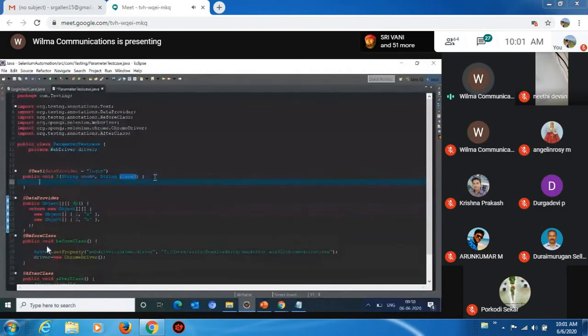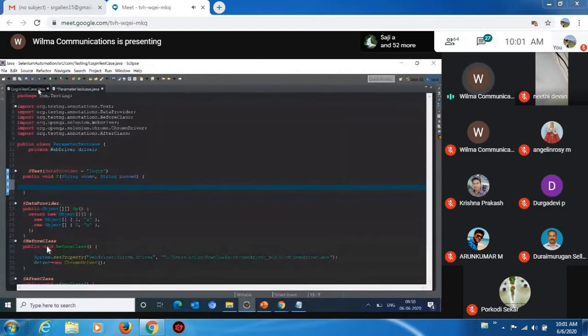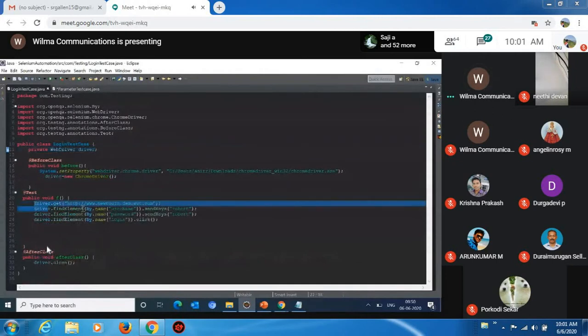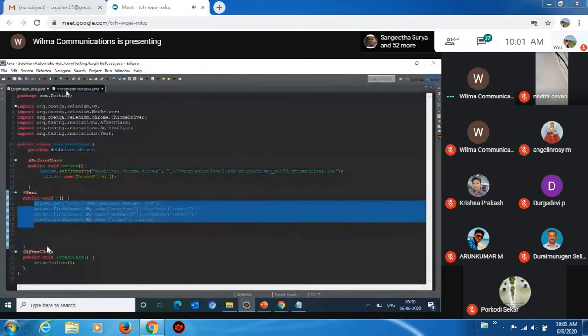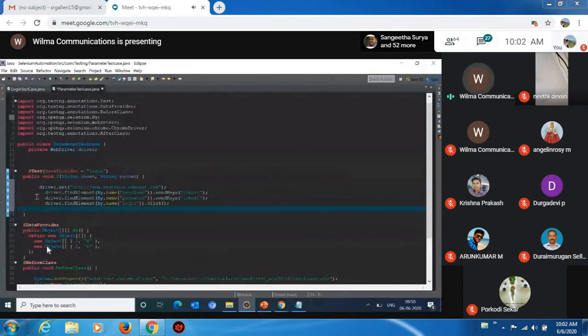Now I'm going to write my test case here. I'll just copy the same four lines of code. Driver.get, I'm going to get this particular application. Driver.findElement by name, the name of the object is username. And here I'm not going to pass the hard-coded value. Instead, I have already created a variable for username, which is uname. And for the password, again the same thing, I'm not going to pass the actual value. Instead, I have already created a parameter, pass.